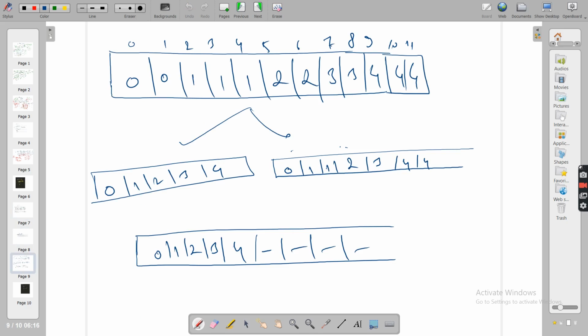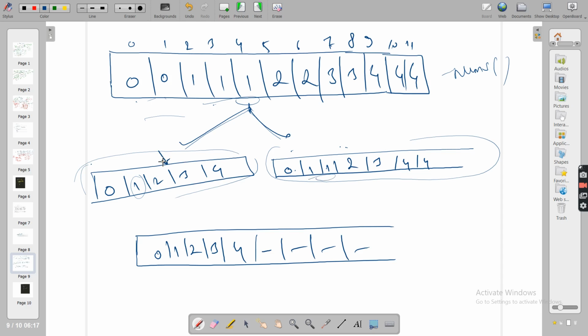See guys, you can divide this array space into two parts. This was your nums. The first part will contain all the unique elements, the second part the rest of it. Let's see here, there were 2 zeros, so 1 zero is here, 1 zero is here. 3 ones, 1 one is here, 2 ones are here. In this way the first part will only contain unique elements.